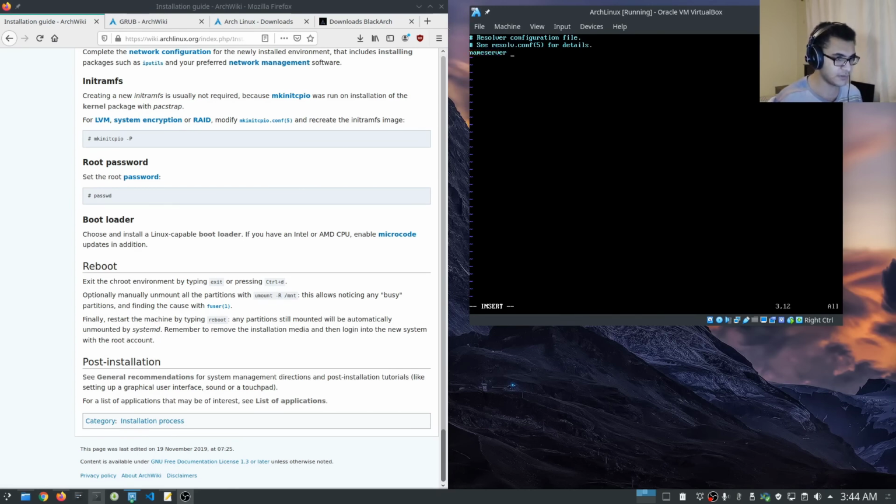Name server 192.168.1.1. I've specified my default gateway. You can specify any other name server you want. I'll save this and I'll say systemctl restart